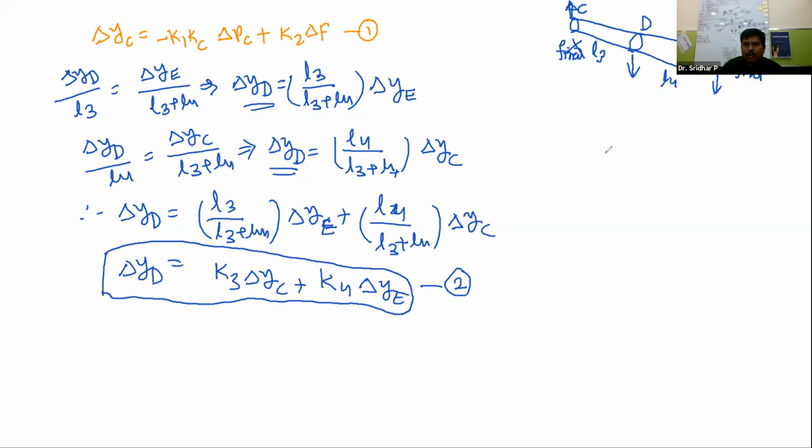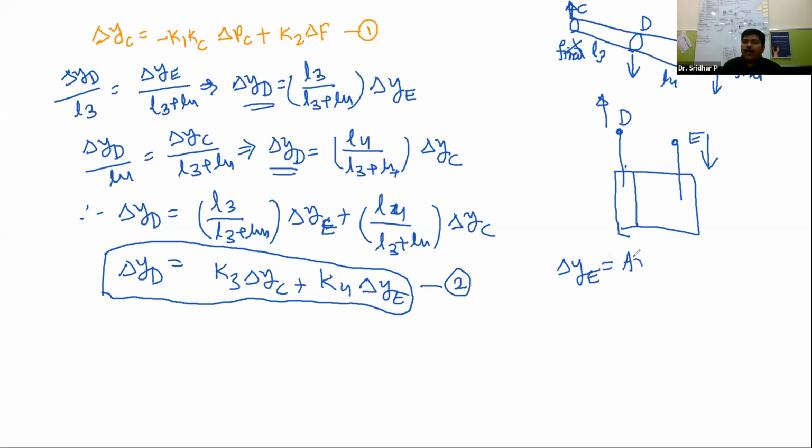Now let me go back to the hydraulic amplifier, and look at the movement of D. Suppose the rough hydraulic amplifier is like this. Initially this was fixed to point D, and the piston is fixed to point E. If D moves slightly in the upward direction, then E moves in the downward direction. So what is the relation between them? The displacement of E depends on the area swept because of the movement of YD.